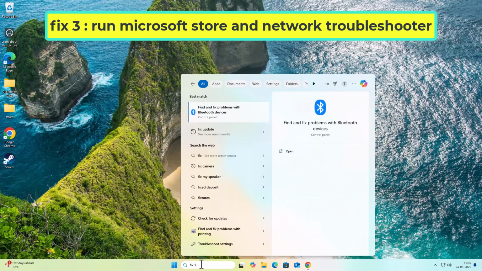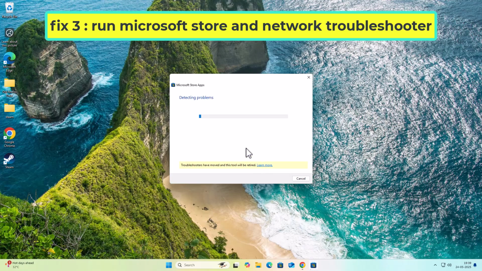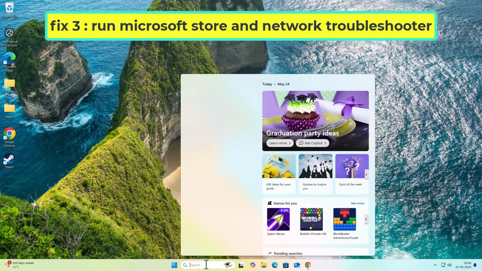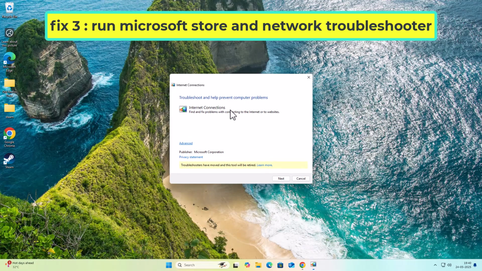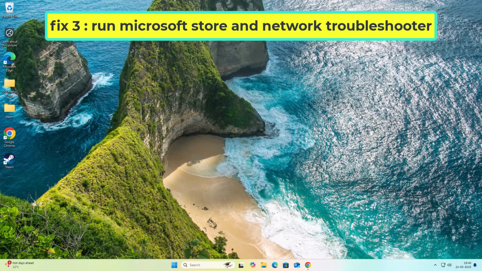Fix 3. Run Microsoft Store and Network Troubleshooter. If that didn't work,